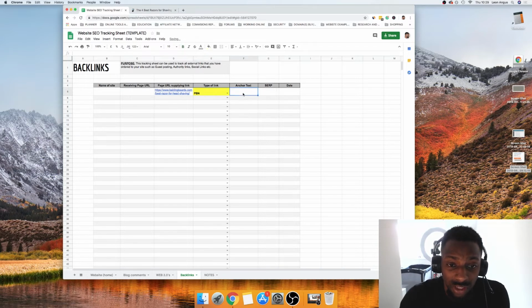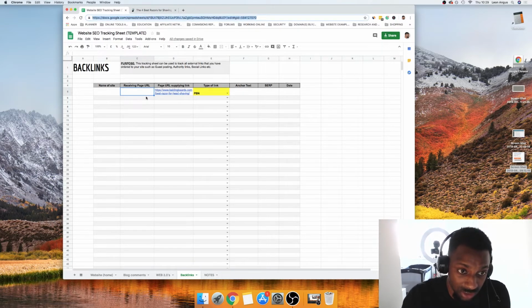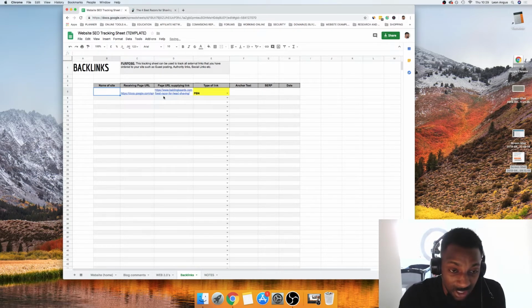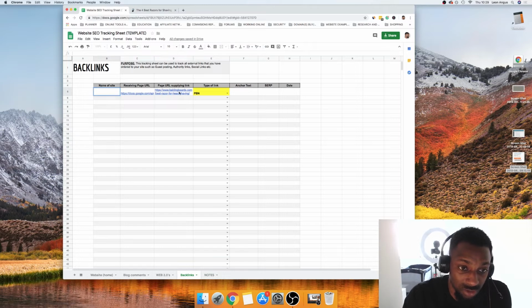And then you're going to want to note down the anchor text that you used. If you were trying to link back to this, it would be the receiving page URL, so again we could use this as an example. And the name of the site, the site that's supplying you the link. This one is called Balding Beards. And say it was a guest post, we've got different colors for this: authority links, social signal, all of these different things. So say it was a guest post, then the anchor text that you used may be,